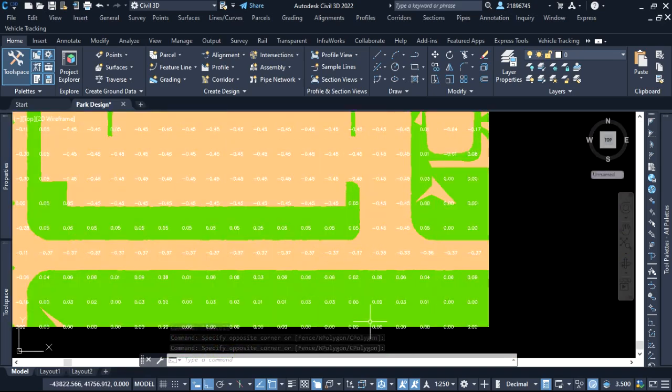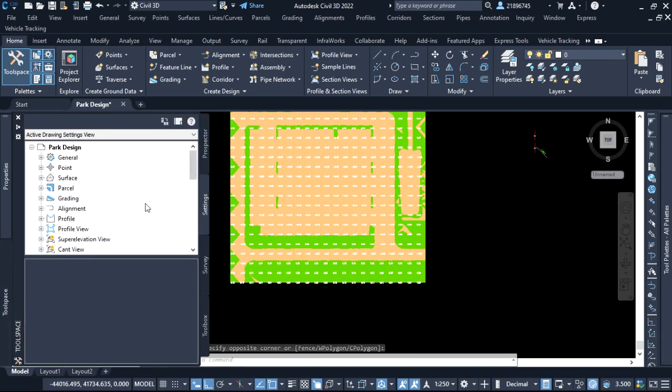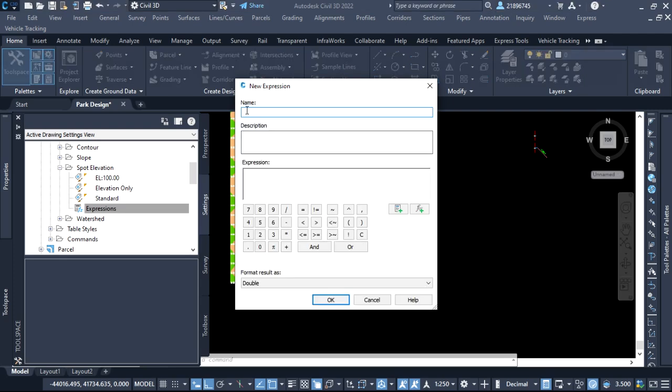So what we need to do is to come to the settings here, and then we go to surface, surface label styles, and spot elevations. Now we want to change by creating an expression on our spot elevation. So we just come here and create new. So we can call it